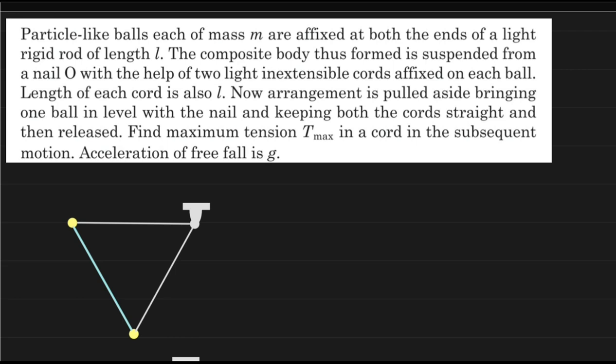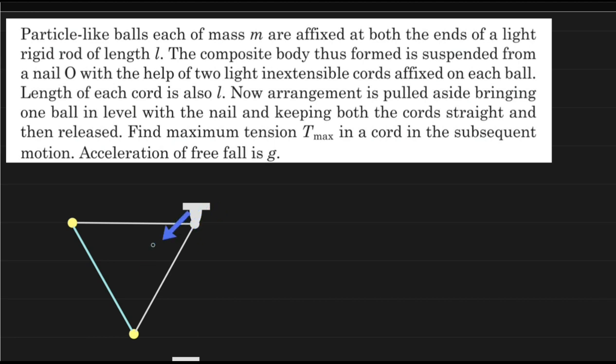For that, what we want to accomplish is to determine the value of tension forces in these two strings as a function of the angle rotated by this system. If we determine the general value of tension T or T1, T2 after the system has rotated by angle theta, we can use the principles of maxima and minima, whichever method is suitable. So, how should we proceed to solve this question?